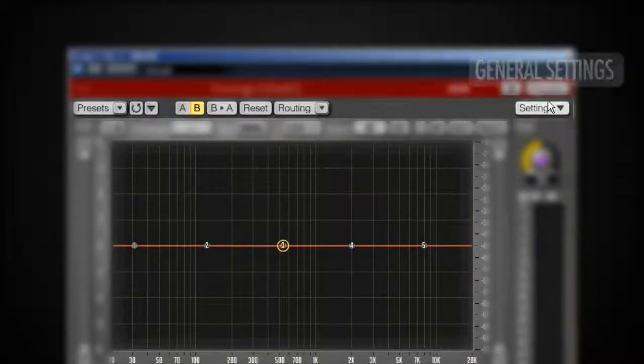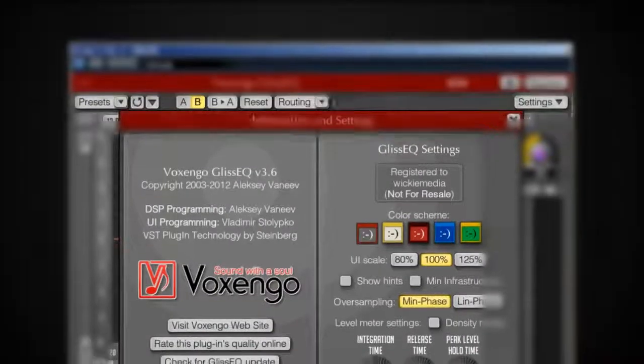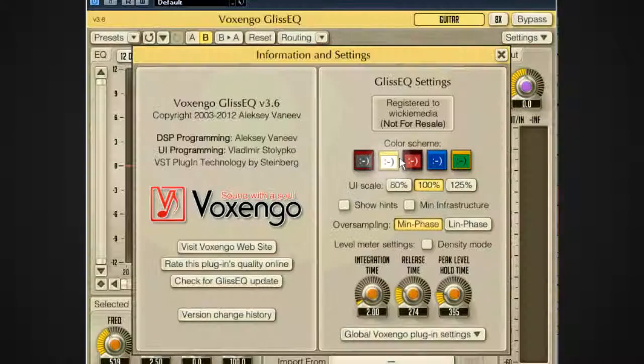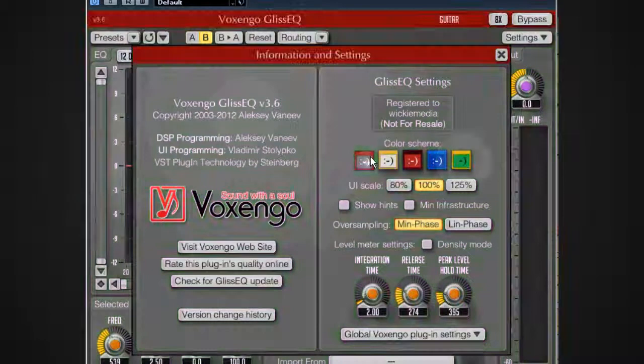Beside that, I've got a settings switch, and if I click on that, I've got a whole settings menu. It even allows me to change the color scheme of the plugin. I'll just keep that on the original, and I can even zoom in and scale up the user interface. I can even change the hold time of the meters, so a lot of interesting stuff that I can change